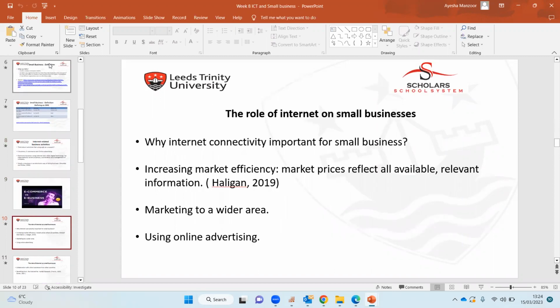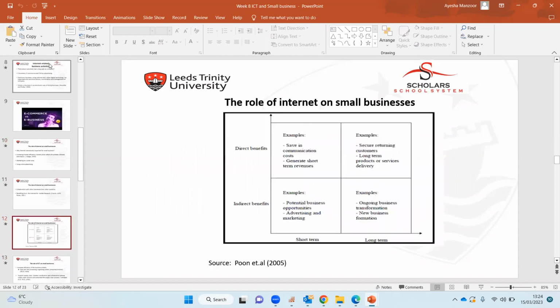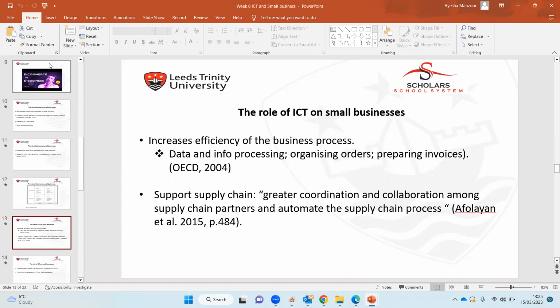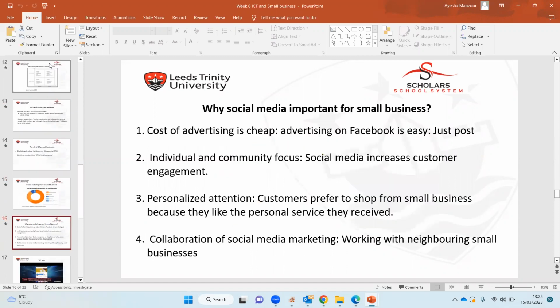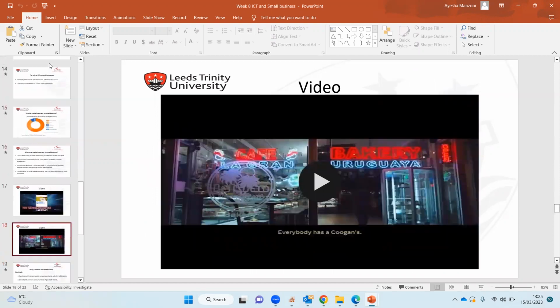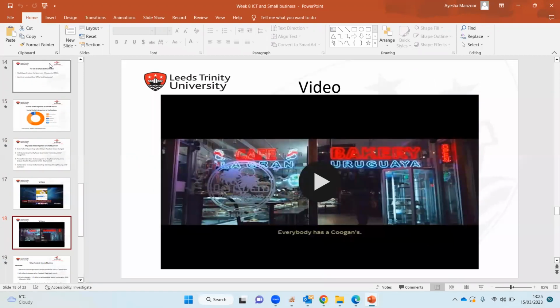And we discussed the role of the internet on small businesses, like how the internet could be a vast platform for small businesses to grow into new markets or expand their market share. For example, the direct benefits and indirect benefits were discussed, and the role of ICT on small businesses was communicated. After that, we watched videos on small businesses,